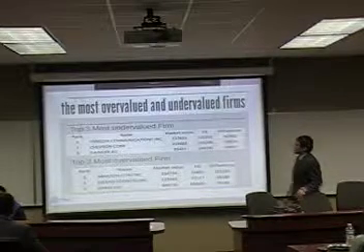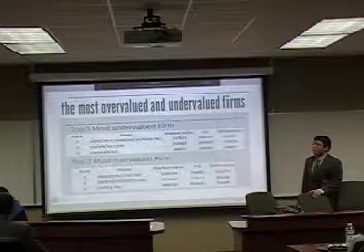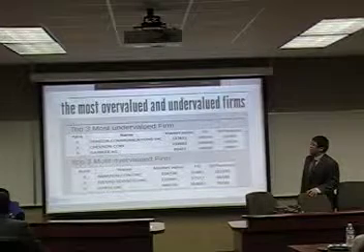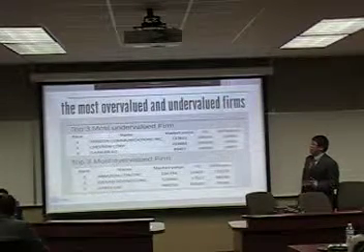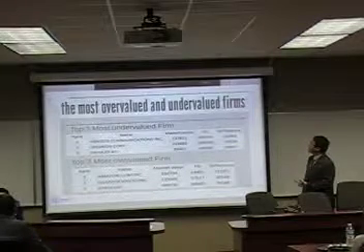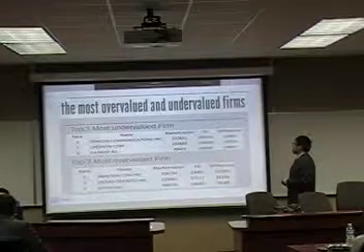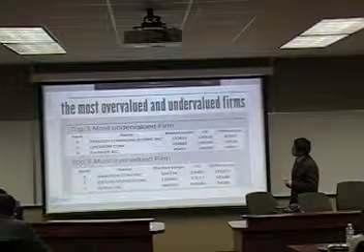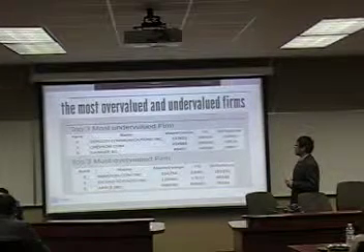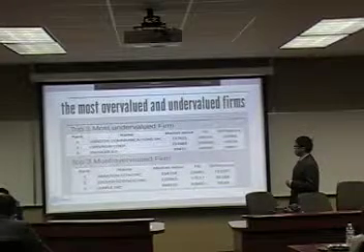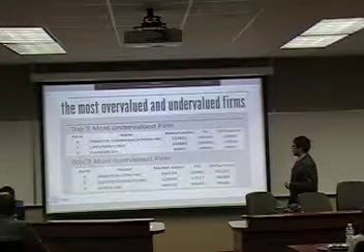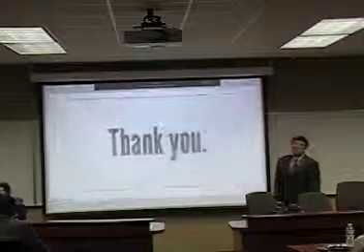The result for the large company group is accurate, so we can plug in the accounting information to find the most overvalued and undervalued firms. Here is the result I got. The top 3 most undervalued firms are Verizon, Chevron, and Daimler, and the top 3 most overvalued firms are Amazon, Glee, and Apple. Okay, thank you.